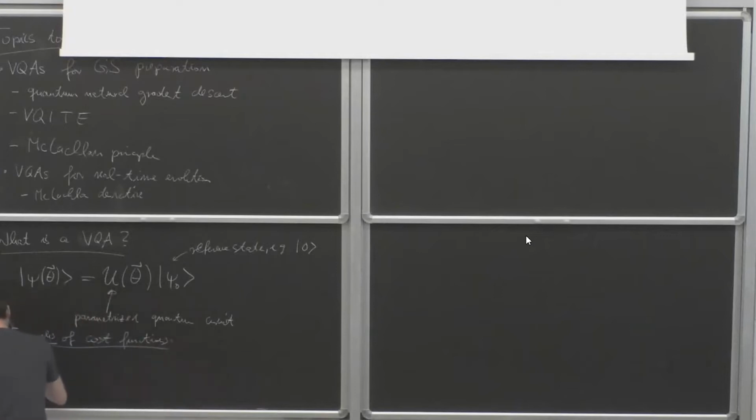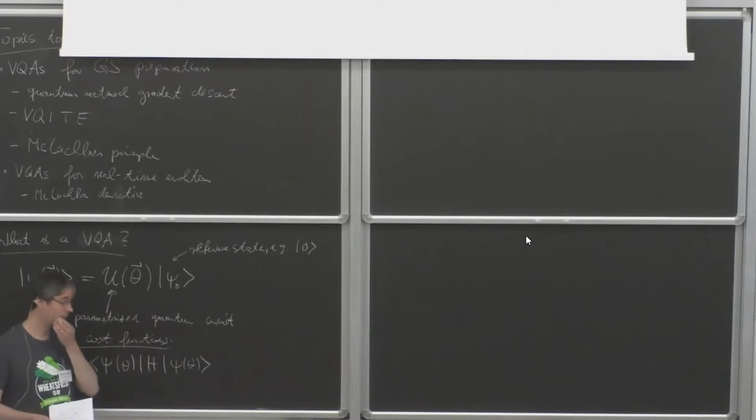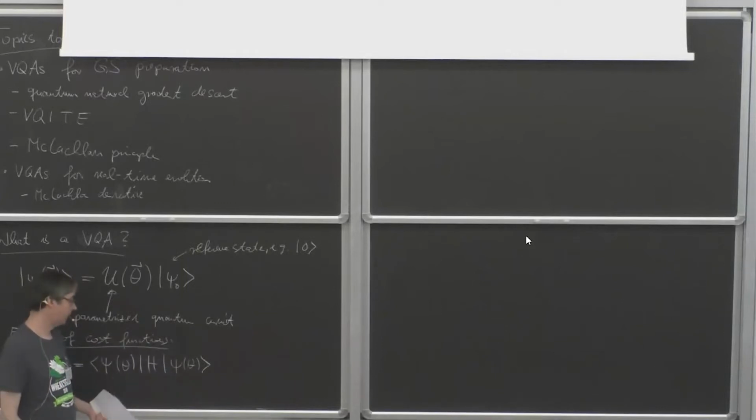The first one I already mentioned. This would be, for example, the energy, so you look at the expectation value of a Hamiltonian. I'm a condensed matter theorist, so for me the Hamiltonian is known, because we have the theory of everything for electrons and so on. It could be a fermionic Hamiltonian, maybe electrons in a solid, or a quantum chemistry problem with interacting electrons in different orbitals. Or, what I'm more interested in, it could be a spin model: interacting spin 1/2 or spin 1s on a lattice, describing a magnetic material.